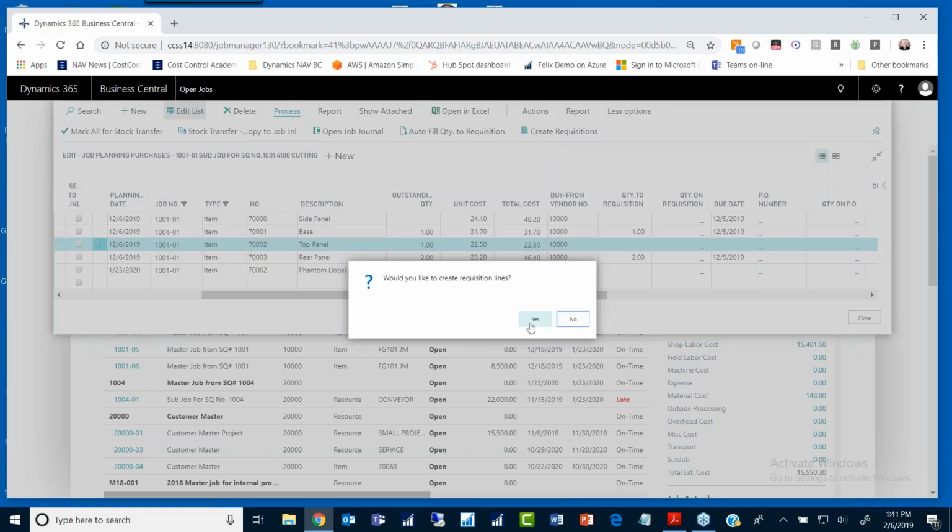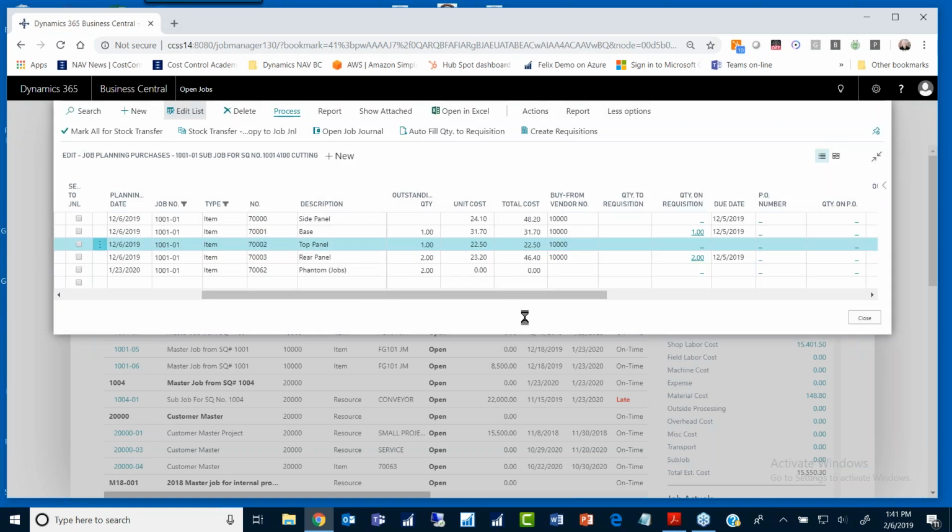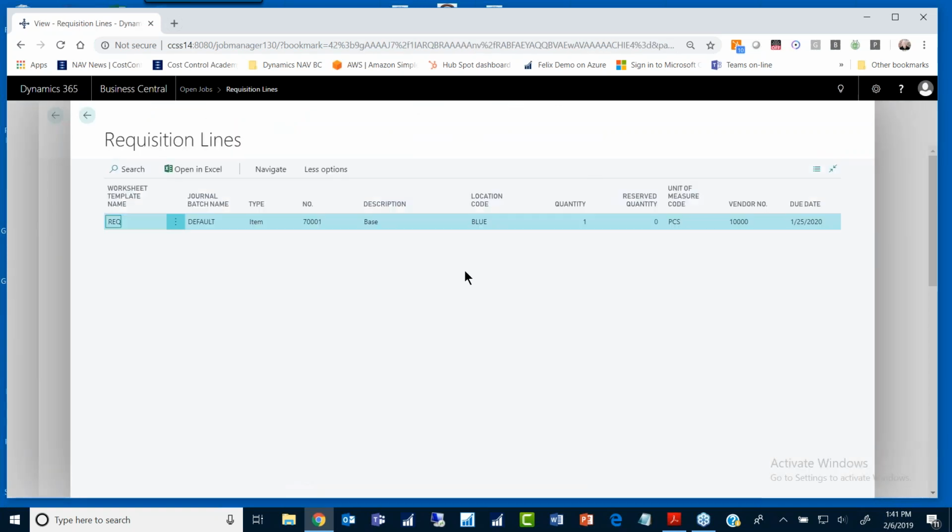So I hit the requisition, and it goes and it creates. See, it's now on requisition. So I've now created those requisition lines. You can drill down and see it's right here in the requisition journal. And the beauty is, let's see, I'm not showing the job column, but the job number is established here, so that when I carry out